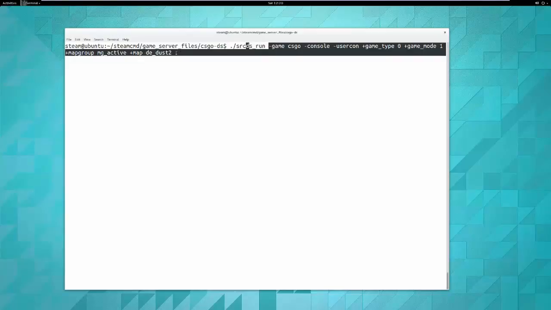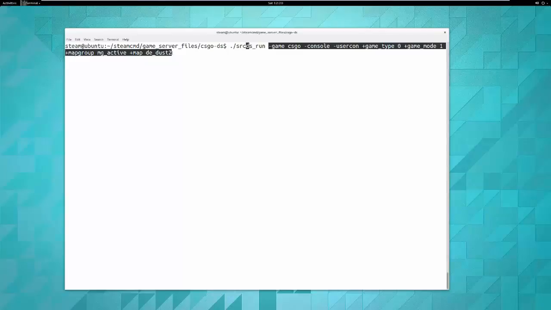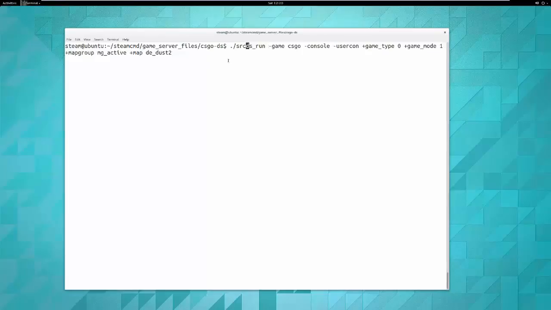And the rest of this, these are kind of the basics, the basic options that you add on or provide to the srcds_run script. This just tells you the game, CSGO. It's going to enable the console, game_type 0, game_mode 1. Basically, just tells us that we're going to use the competitive classic mode. We specified the map group from which to draw the maps, and the default map to start out on. If I were to run this,